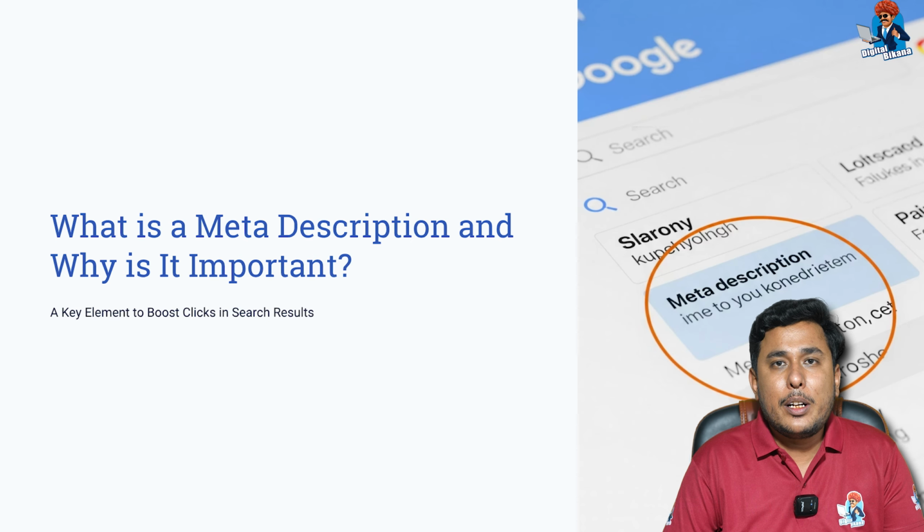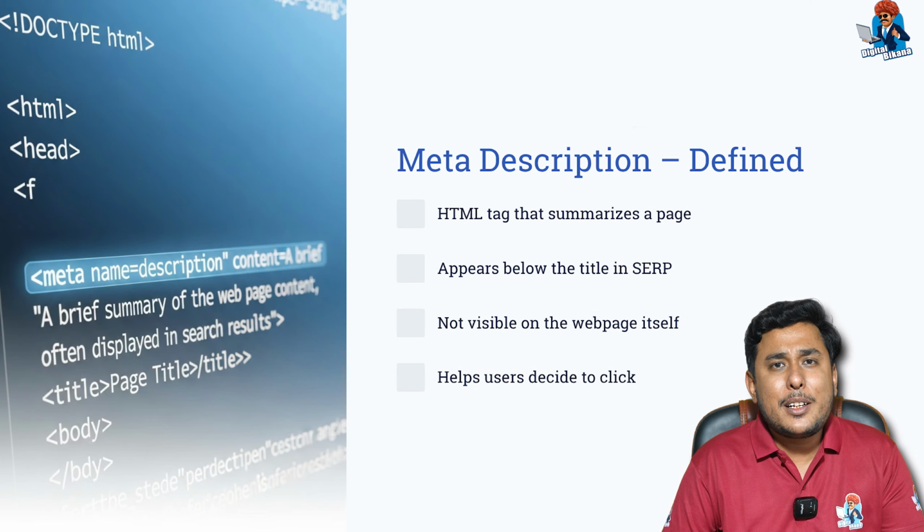Welcome to this video. In today's video session, we will understand what a meta description is and why it plays a crucial role in SEO. Whether you are writing blog posts or product pages, mastering meta descriptions can improve your visibility and clicks. Let's get started. A meta description is a short snippet of text that appears below the title tag in search